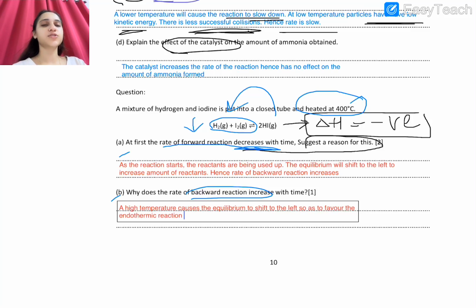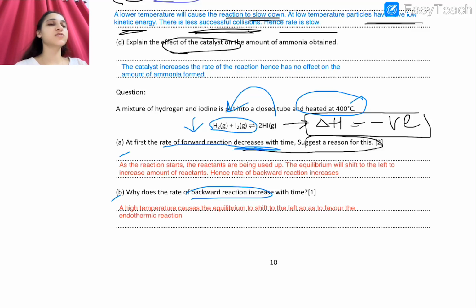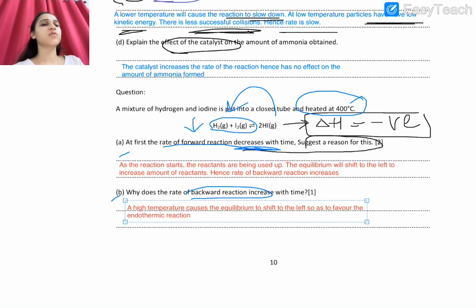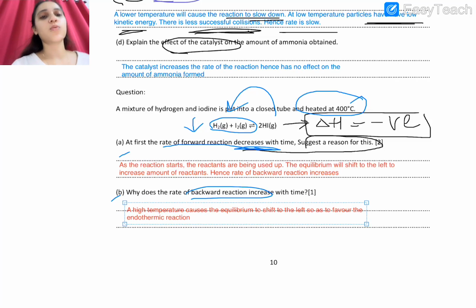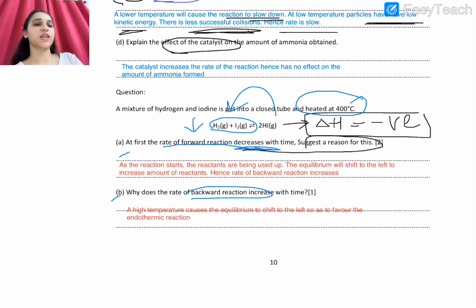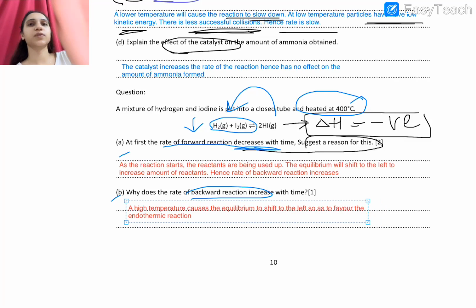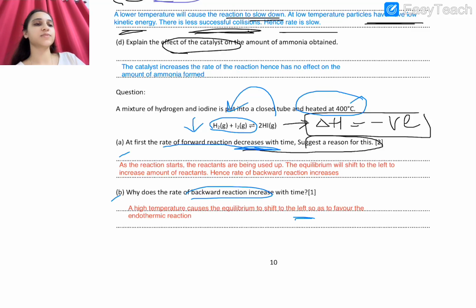So a high temperature is going to cause the equilibrium to shift to the left so as to favor the endothermic reaction. This is for 1 mark, so I'm brief on this while giving the required details. So equilibrium will shift to the left. To the left means backward. And why? Because it has to favor the